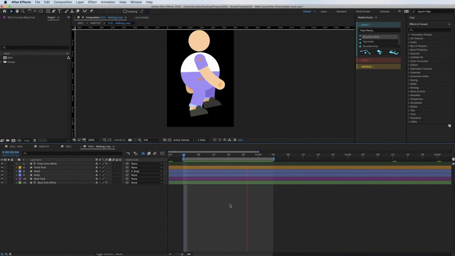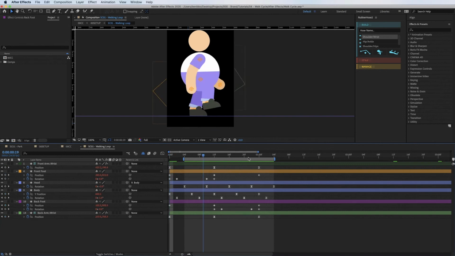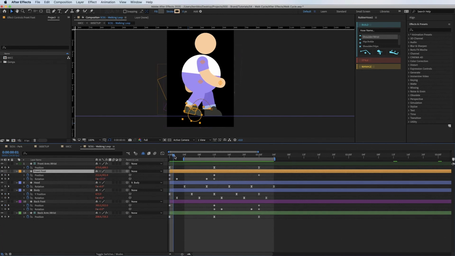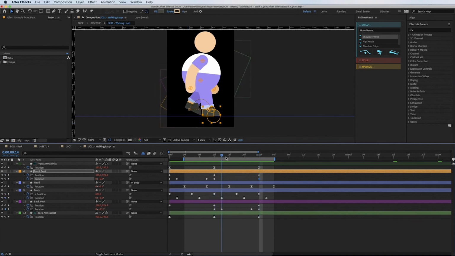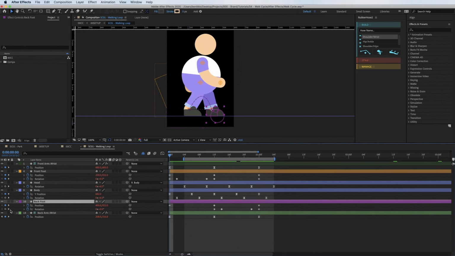So basically this is looping everything I've created. And most things start and end on the same, apart from the rotation of the ankles, because I only want it to rotate when you step. And then when it's flat, it just stays flat the whole time. But what that's doing, because there's not another keyframe, is basically copying and pasting all of these keyframes exactly again. So to fix that, all I want to do is just add another keyframe at 0. So then now that just stays flat while he walks. And then again on the bottom foot, just add a keyframe at the beginning. So now when I press play,